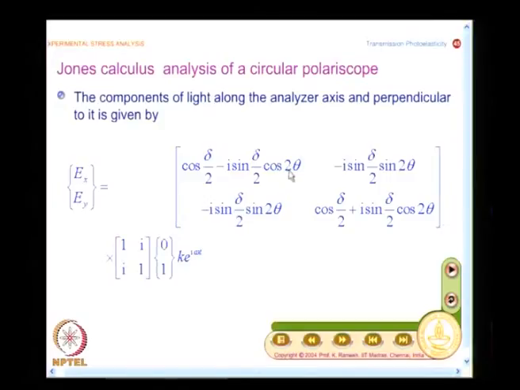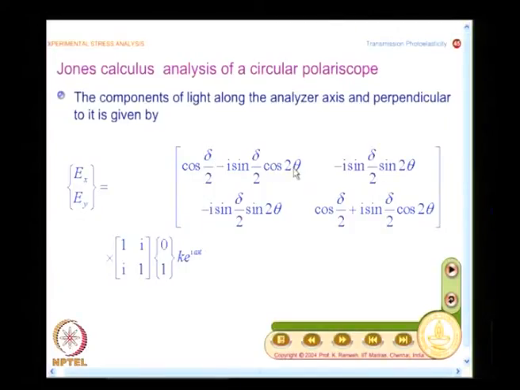Instead of cos 2 theta, you have sin 2 theta here: i sin delta by 2 sin 2 theta and i sin delta by 2 sin 2 theta. It is a symmetric matrix. From the imaginary quantity point of view, it is symmetric. If we take the real part, it will be skew symmetric. So, this is representing the model, because our goal is to find out delta and theta of the model.